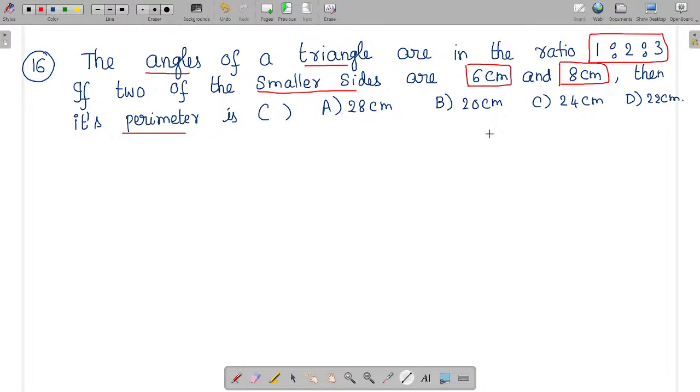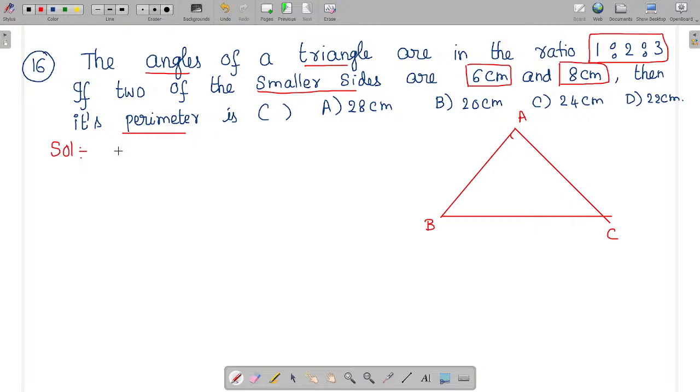Right, now let us take the triangle. We do not know it's a right angle triangle, so let us consider the triangle ABC. First, let us find out the angles. The angles are in the ratio